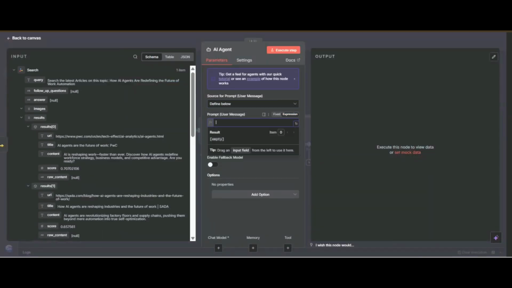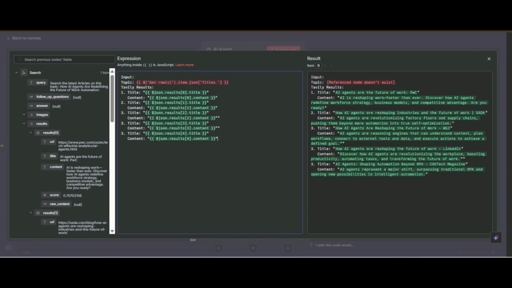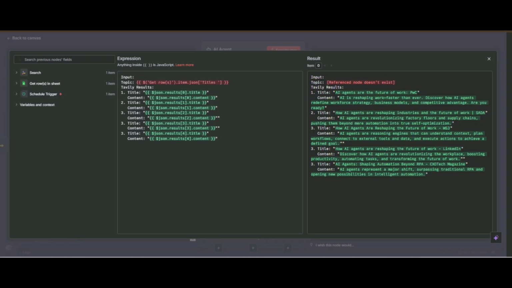Go to expression, and now I will tell you what I am doing. So here is the input, the user message. So here is the topic. Here I am giving the raw title of our blog post that we retrieved from Google Sheet.